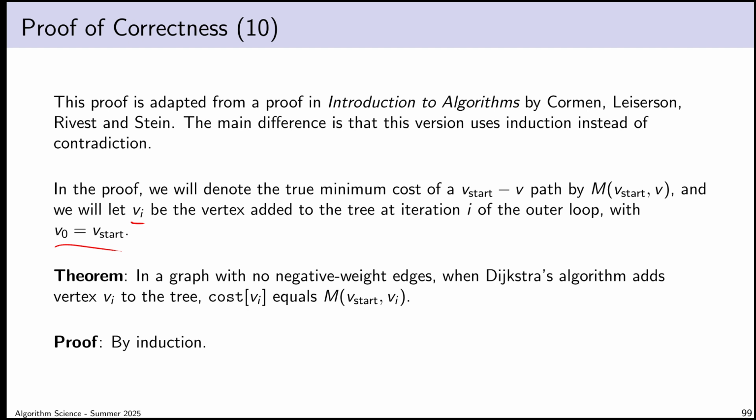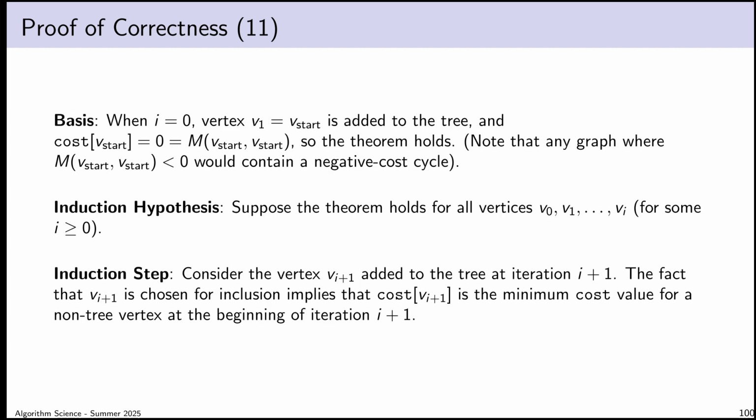Okay, so the proof is by induction. The base case is based on V0, and there's a typo right off the bat. Sorry about that. This should say V0, obviously. So when i equals 0, that's when I add vertex V0 to the tree. Now, we have defined earlier that we consider the cost of travel from any vertex, so here's my vertex A, the cost of travel from A to itself, well, I could just stand still and do nothing. If I'm on vertex A, I do nothing.